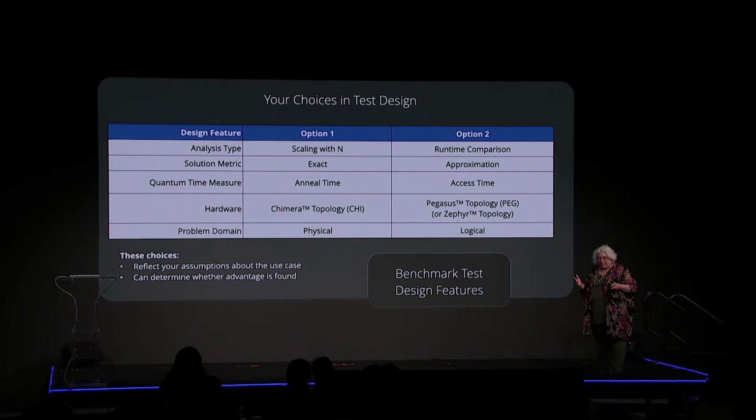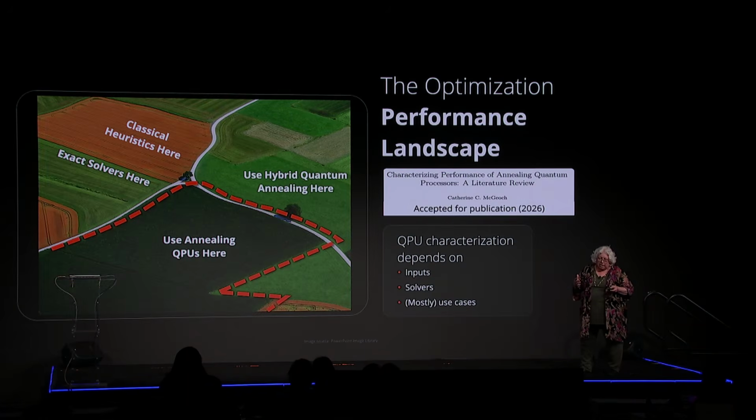As it turns out, I spent over a year doing a literature review. I found every paper I could in the literature that talked about the empirical performance of quantum annealing processors. I stopped looking early in 2025 and started writing. There's a paper I wrote. It has been accepted. I just have to finish the revisions, and it should be published later this year. But it's about characterizing performance of